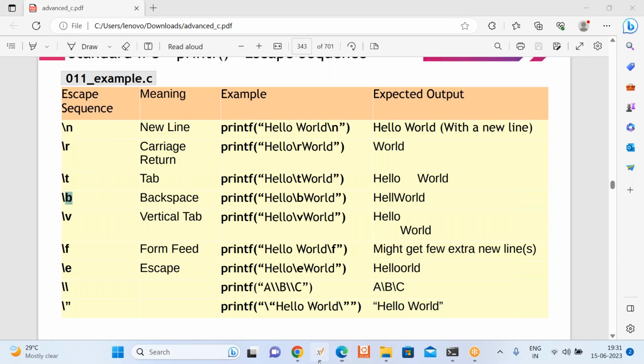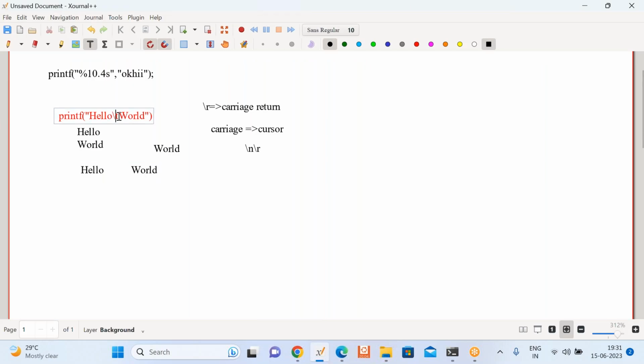Suppose for this I will take, here I am writing backspace b. Okay, this is for \n, this output is for \r, and this output is for \t. Now the output for